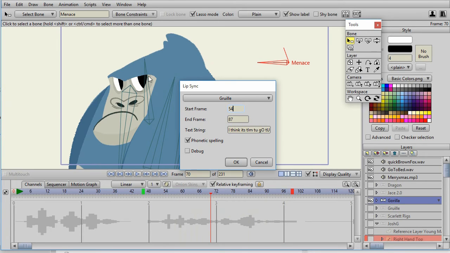So now if we want to do the gorilla, it doesn't have a bone that's directly attached to the mouth, but it's using a smart bone dial called Menace, and again we have that captured in the file. And I may say, well, 87 was a little bit too far, so I'm going to try 84 to see how that does. And again,